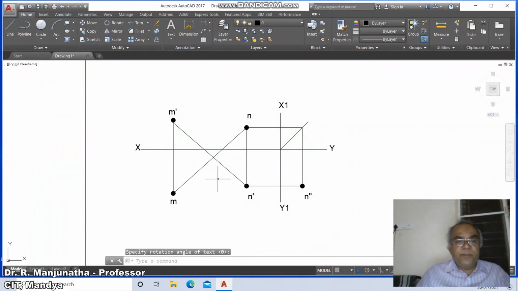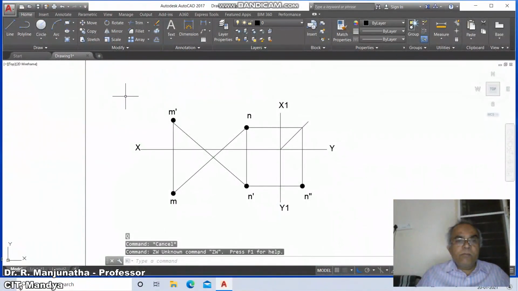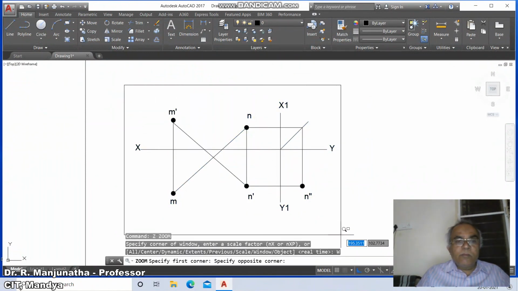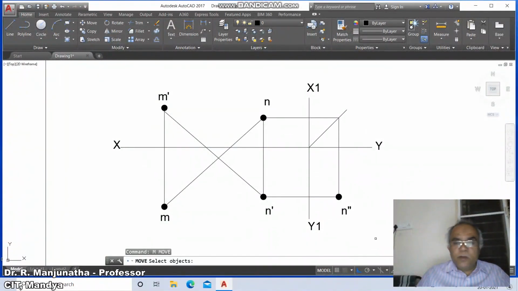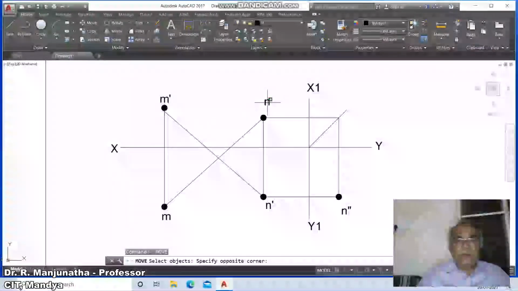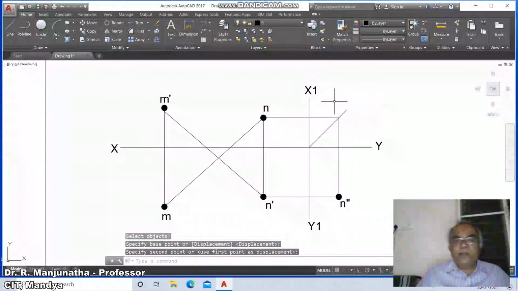So once you name them, then go to zoom, zoom window, select this, and then go to move, put the ortho on, move this x, m dash, m, and then n dash, and here n, and here n double dash, and you mark this y, and you mark this as x1, and you mark this as y1.